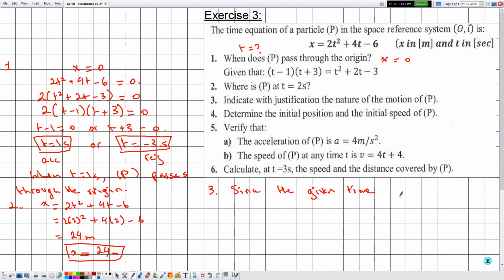So let's say since the given time equation verifies the general form x is equal to half a t square plus v0 t plus x0, with